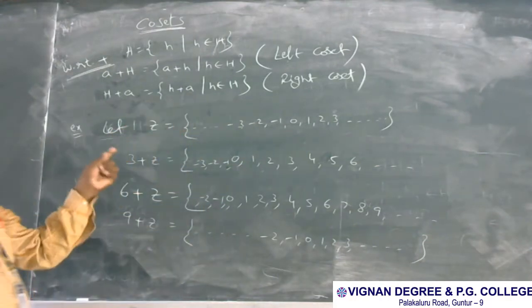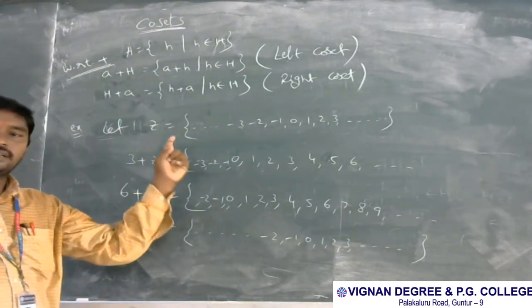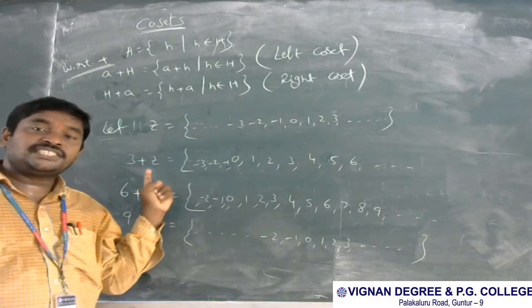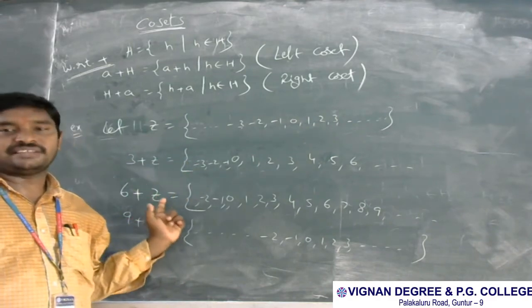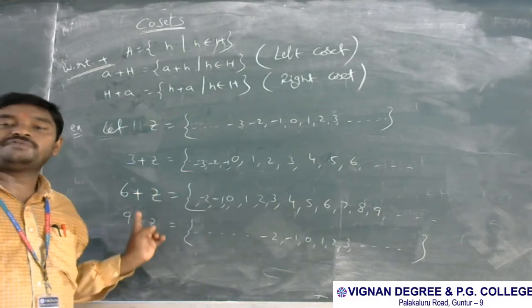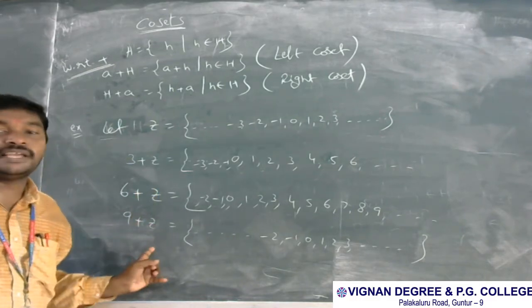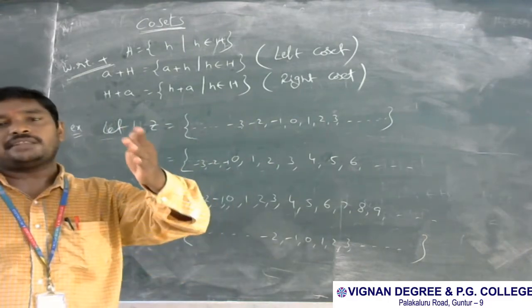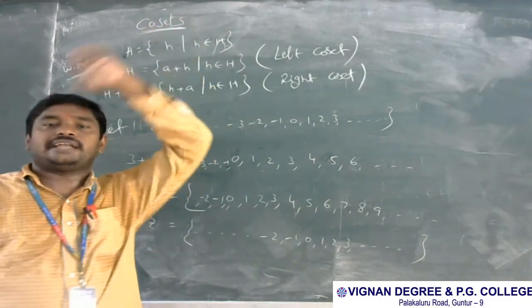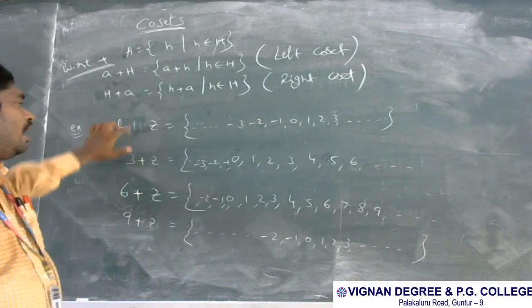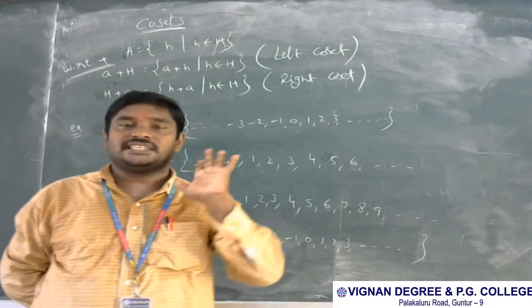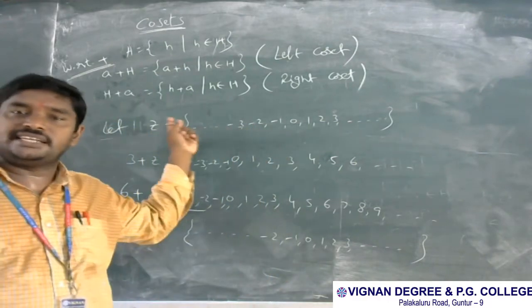So here observe one thing. What is Z here? We start with 3. Next, a multiple of 3, next a multiple of 3. Multiples of 3 means 12, next 15, next 18. You add a multiple of 3, the third table, at any time. So all are equal. We have to observe that. Okay, friends? So it is integers.